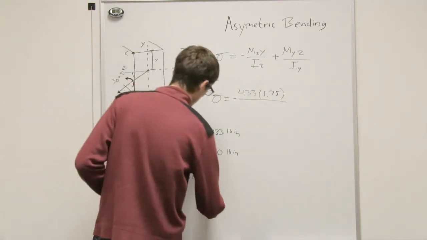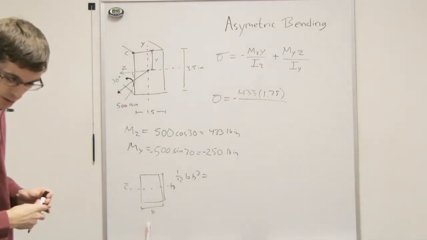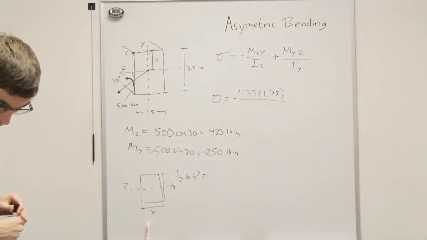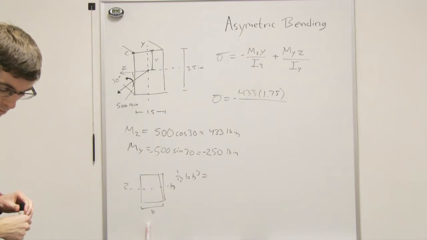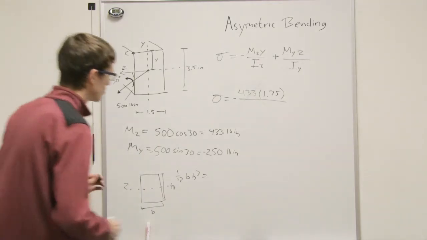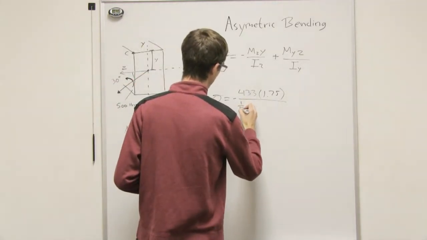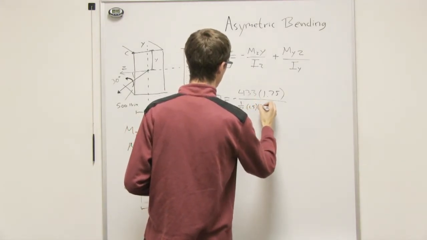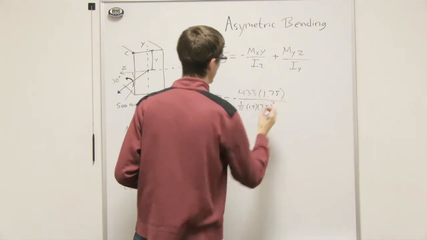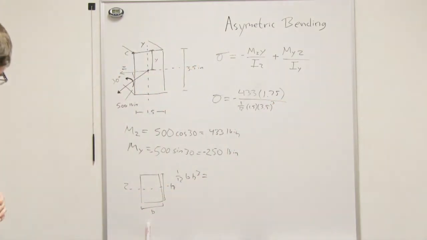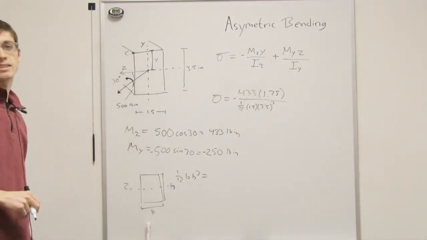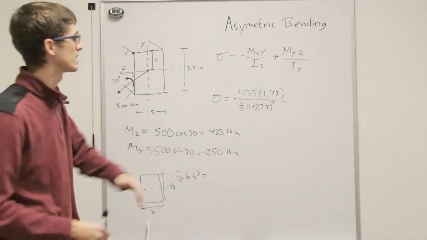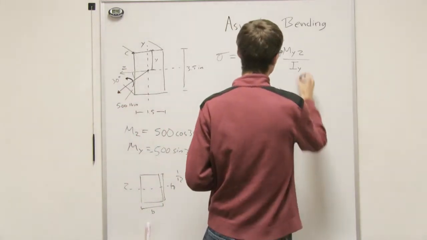And when we solve for that, let's just plug it in like this then. 1 over 12 base, which is 1.5, times height, which is 3.5 cubed. Yeah, that's our moment of inertia for the bending about the z-axis. So now let's do the moment about the y-axis. So we'll do plus, and that's this section,